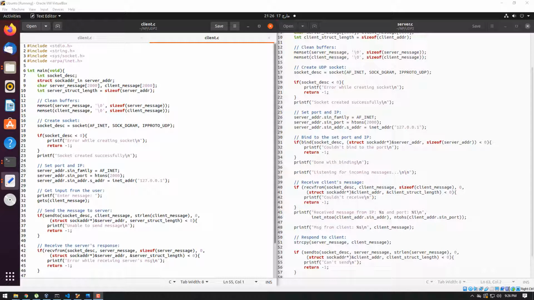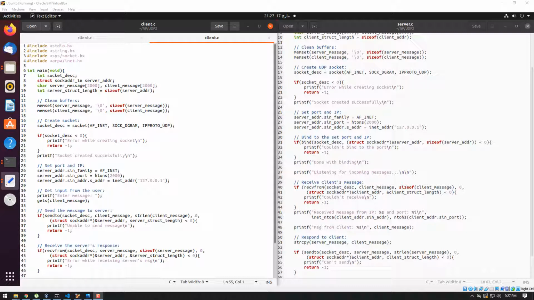In our previous labs we have discussed the TCP/IP client-server model and the UDP client-server model, and also half duplex mode and full duplex mode. So I will discuss both the UDP client-server model and run the program, and the same goes for the TCP/IP client-server program. I will show you a demonstration of how you can compile and execute your C program in Ubuntu, in Linux or any other operating system.